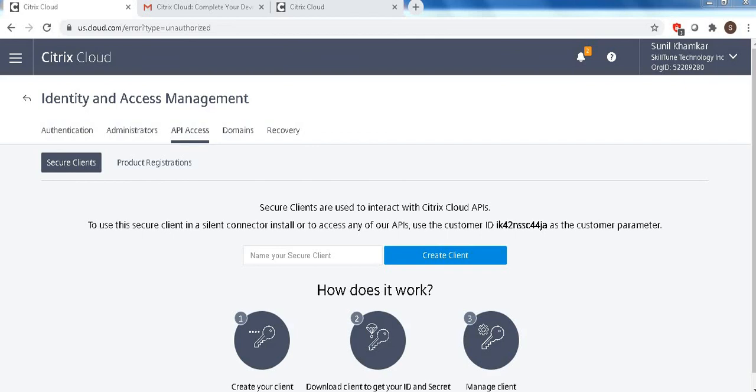Then that requires a secret ID and access ID. So how do you create that? Simple: come here in Identity and Access Management, go to API access and give your client name. I'm giving CloudOps here. You can give whatever name you like, and click on create client.